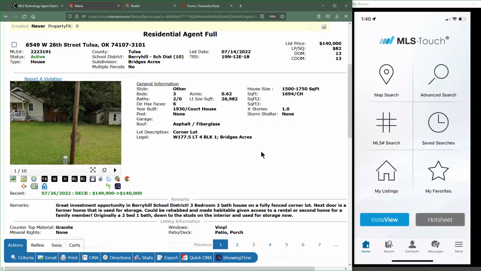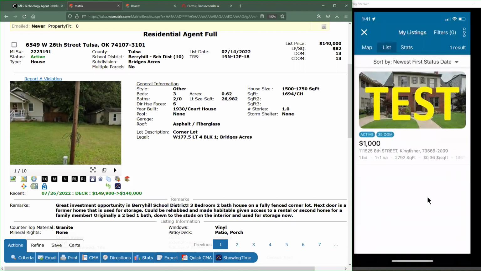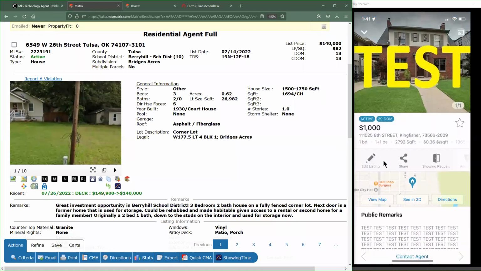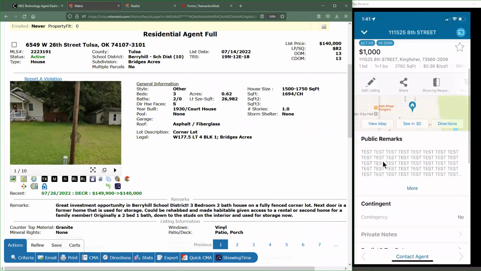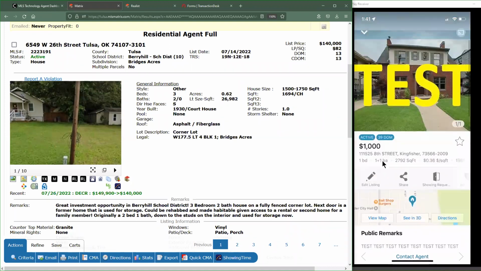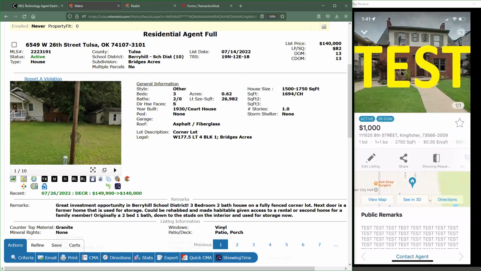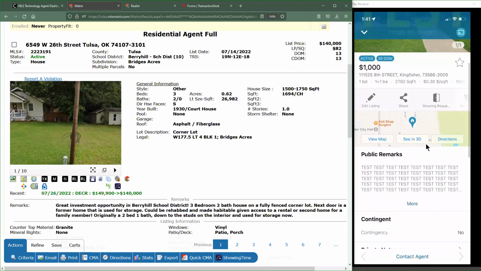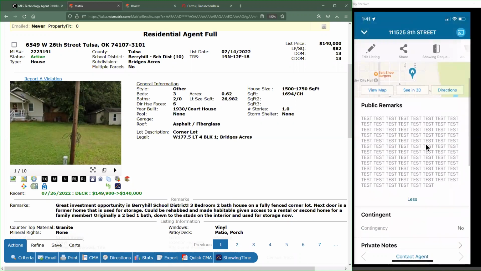And let's take a look now at the My Listings section. Now, if we have any listings, I've got a fake listing in here, so this is hopefully obvious that this isn't a real listing. I did have somebody reach out to me one time about a listing that I put in that was fake, even though this image right here was the image that I had put on the listing. But anyway, I tried to make it a little bit more obvious now.